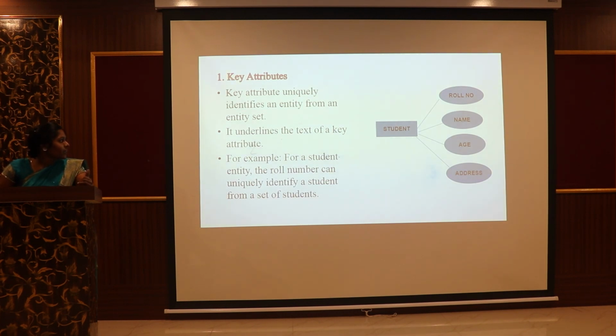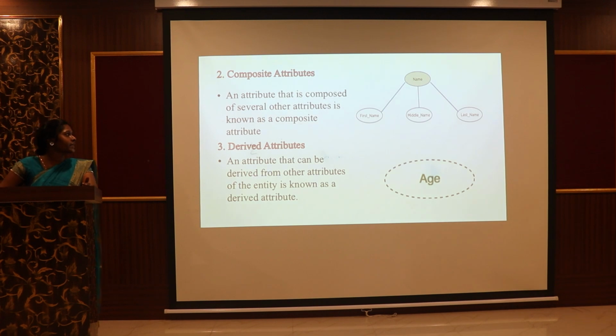The key attribute is underlined in the diagram. For example, for a student entity, the roll number can uniquely identify a student from a set of students. Okay? And the second one, composite attributes. An attribute that is composed of several other attributes is known as a composite attribute. For example, you are